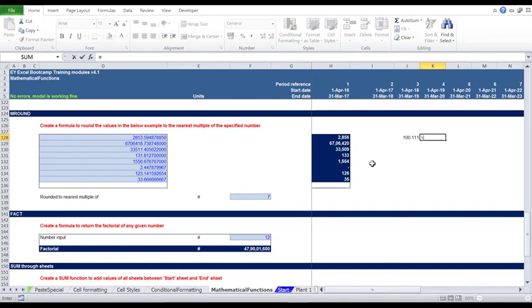Now if we use a ROUND function and say 0 decimal places, it will give us 100. However, if we use MROUND and 0,